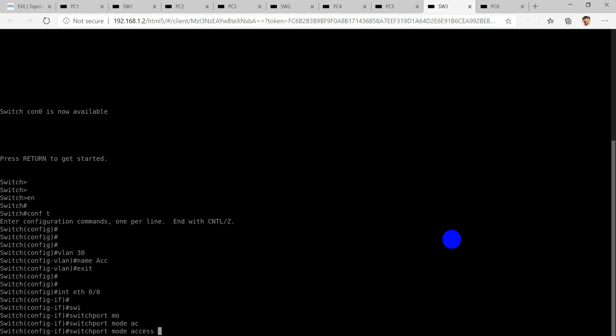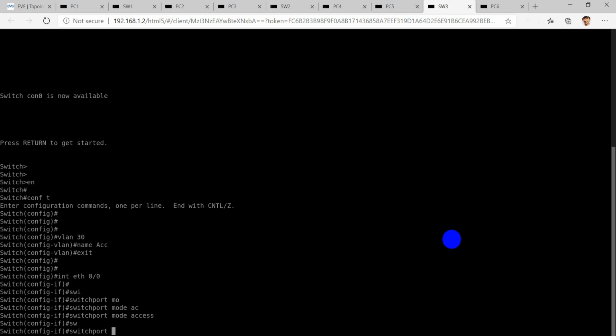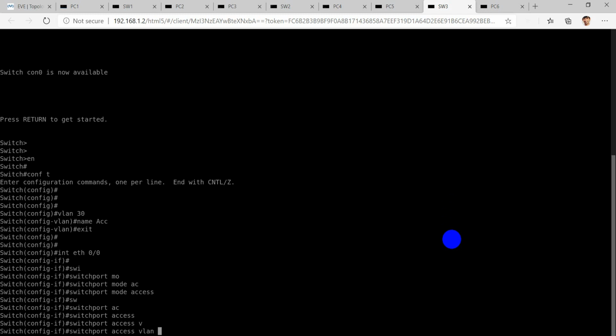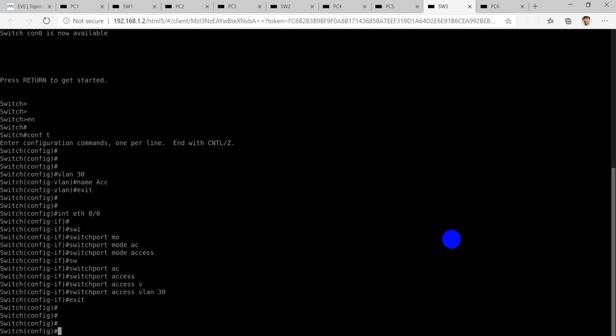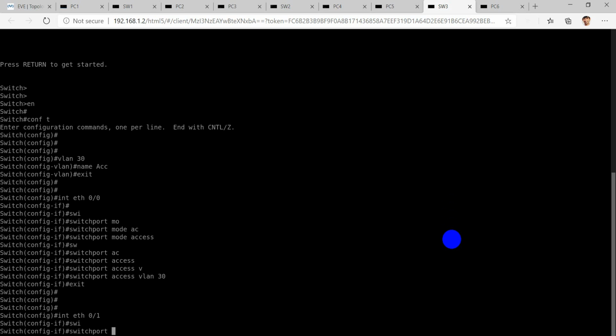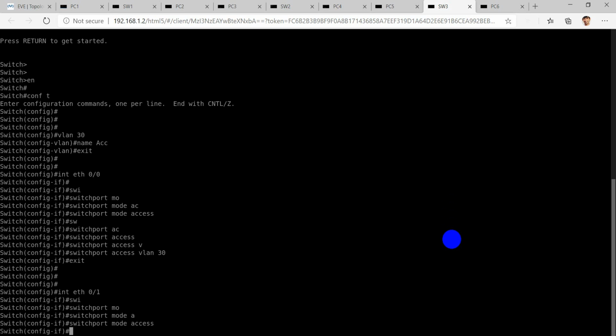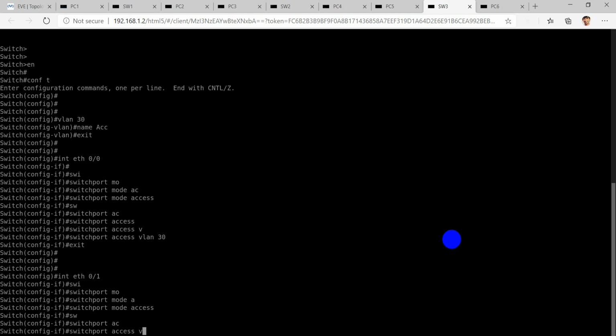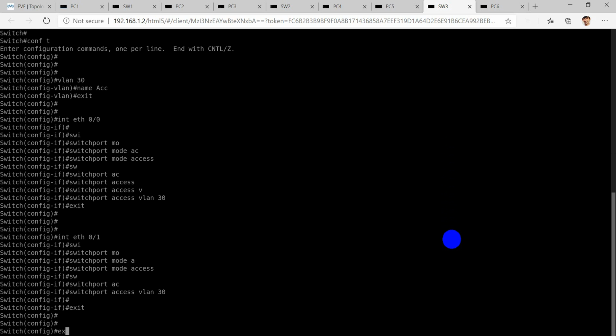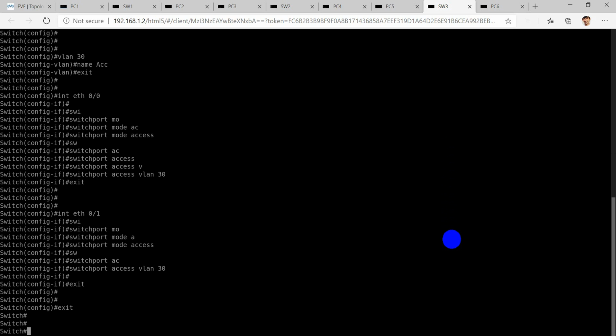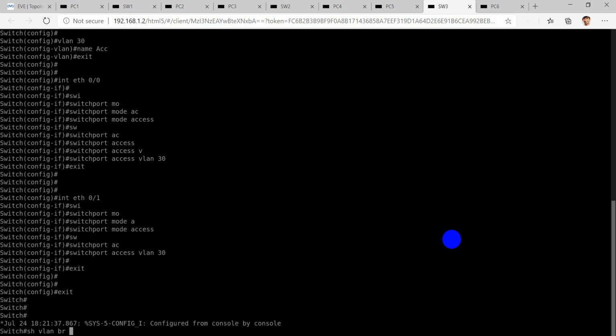Then switchport mode access and switchport access VLAN 30. Similarly with interface Ethernet 0/1, switchport mode access and switchport access VLAN 30. So we can see that the communication between these two PCs will happen.